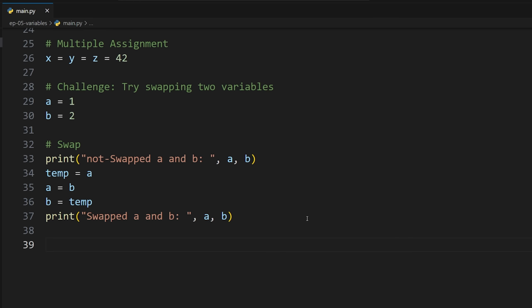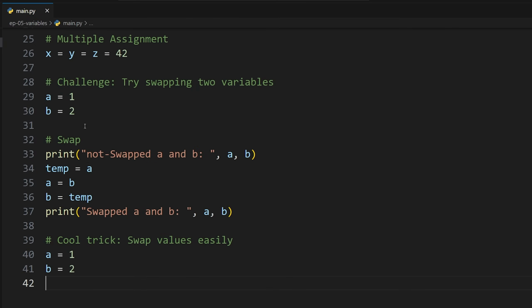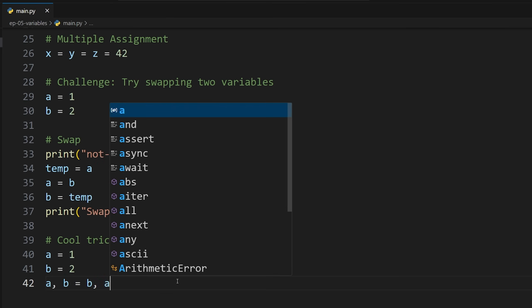So I will say though that there's another cool trick that you can do within Python to swap values easily. So this is the traditional way that you'll find in other programming languages, but Python has an easier way. So let's just say again we have values a is equal to 1 and b is equal to 2. So we're resetting them to the original values, right, before the swap. Let's say we want to swap, okay? So now Python allows you to do this weird code here. So a comma b is equal to b comma a. This will do the swap